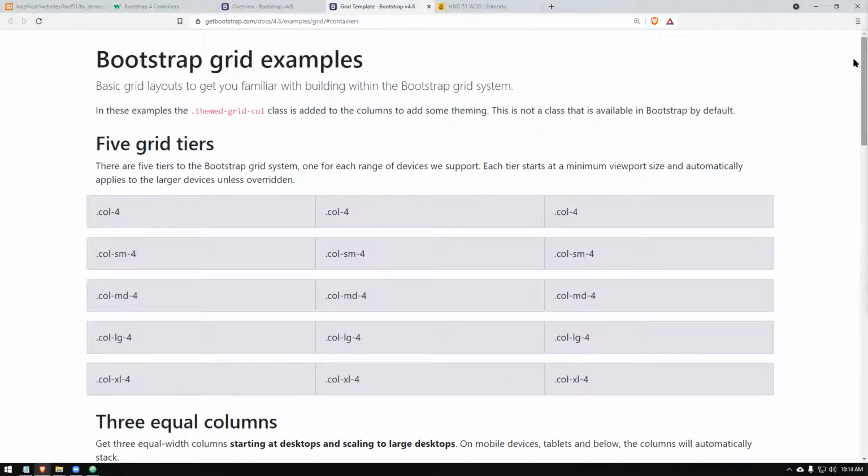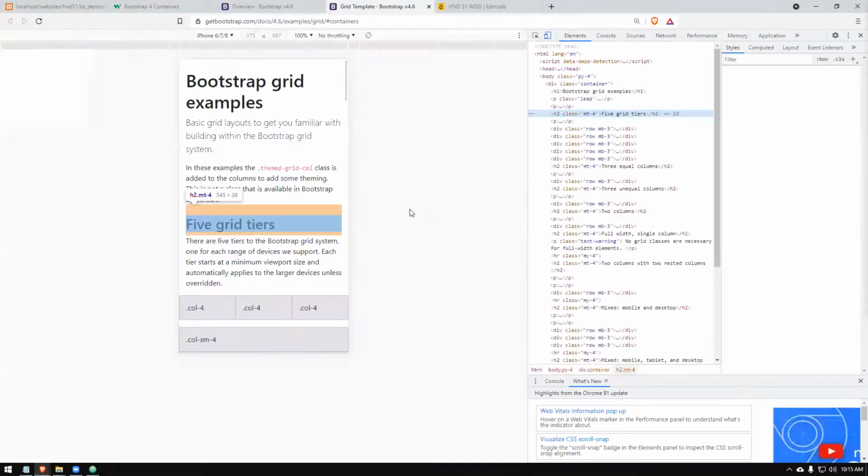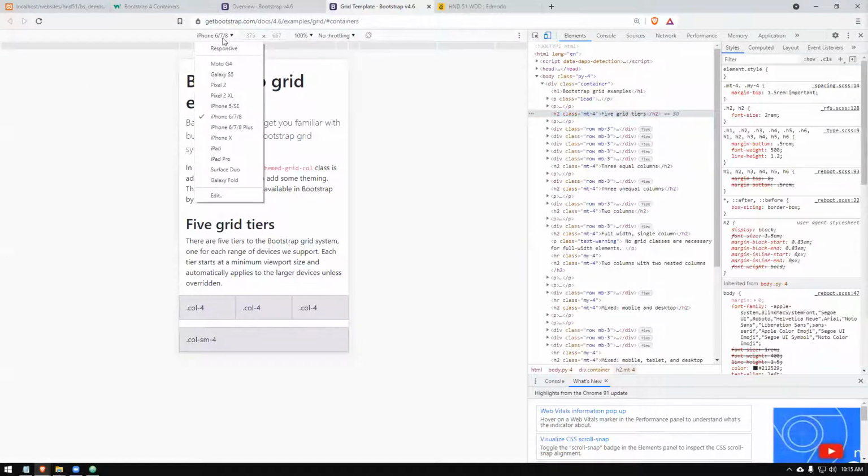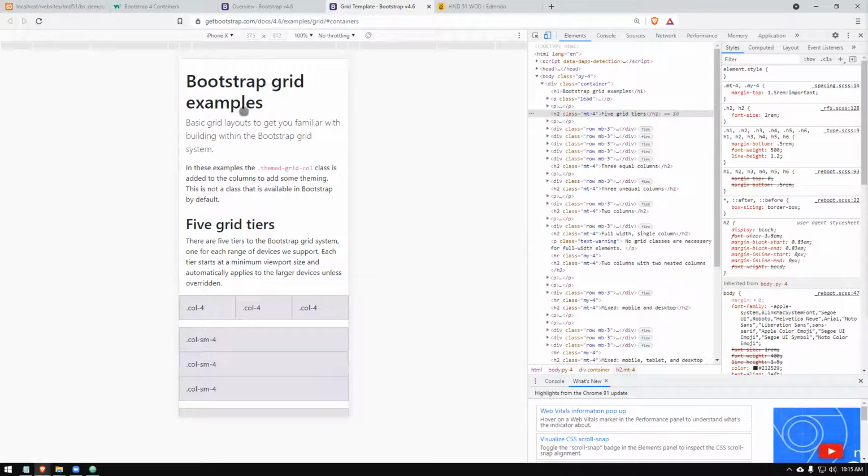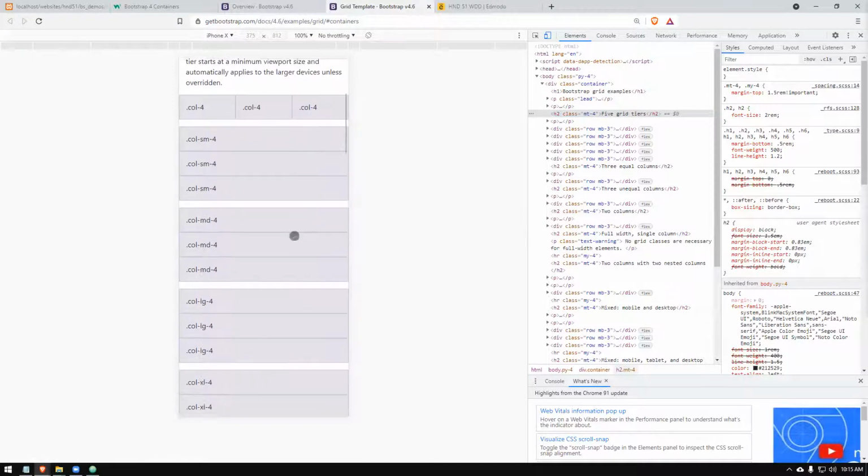Grid example, right? Now, what we want to do is make our website responsive. Responsive means the website looks as good as possible in any resolution. Sometimes you have to change the look of your web page according to the resolution. So we will see how it can work. There are some examples given here. I can go to this one and change this to, for example, let's say an iPhone X. iPhone X is a bit taller, and you can see I can scroll the web page like this.